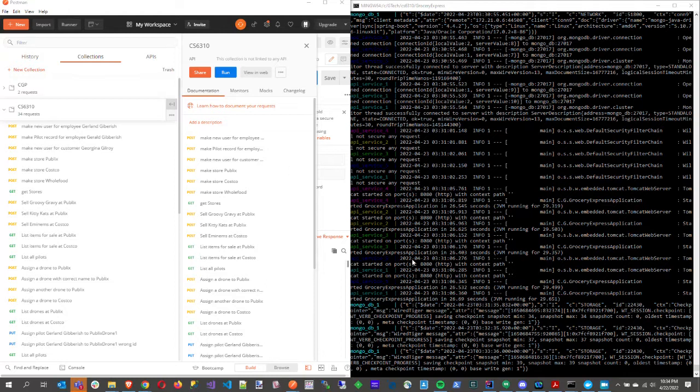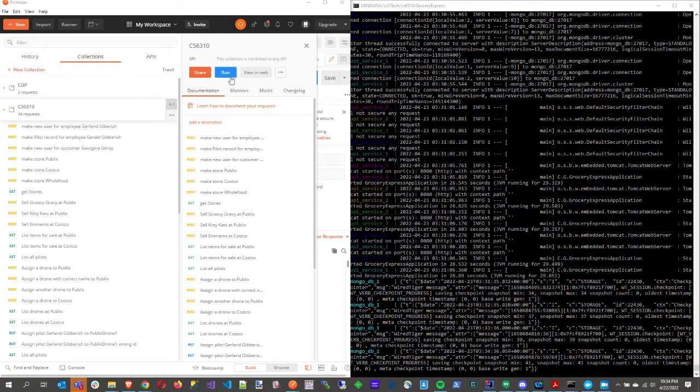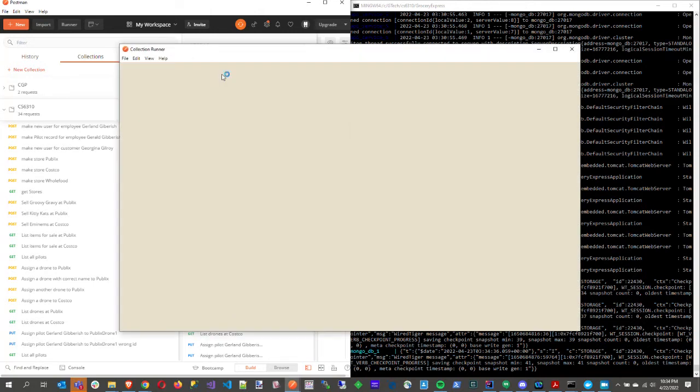And you'll see over here, we have different instances of our API service running. As I run this, because it's going in such quick succession, the load balancer will decide to push certain requests to different instances of the application. So if I go ahead and I run this now,